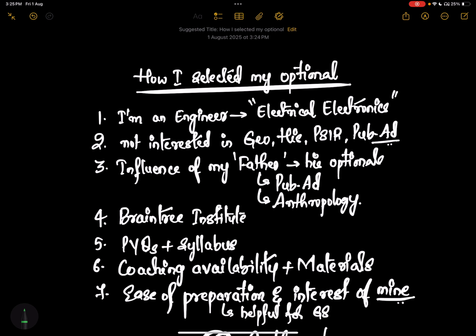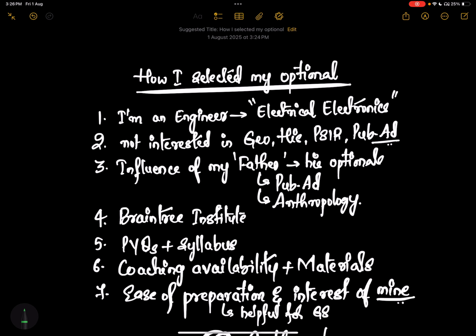See friends, usually any experts or aspirants say that you should go with your graduation subject. It is very easy. Why? Because already if you are doing any BA, BCom, all these things, right? I'm a BTech, so people say that you have spent a significant amount, like 3 to 4 years, on it, so why can't you take it as optional?